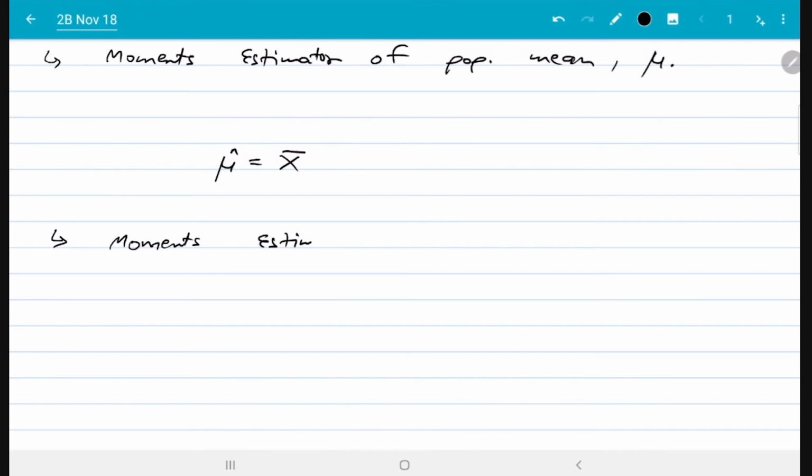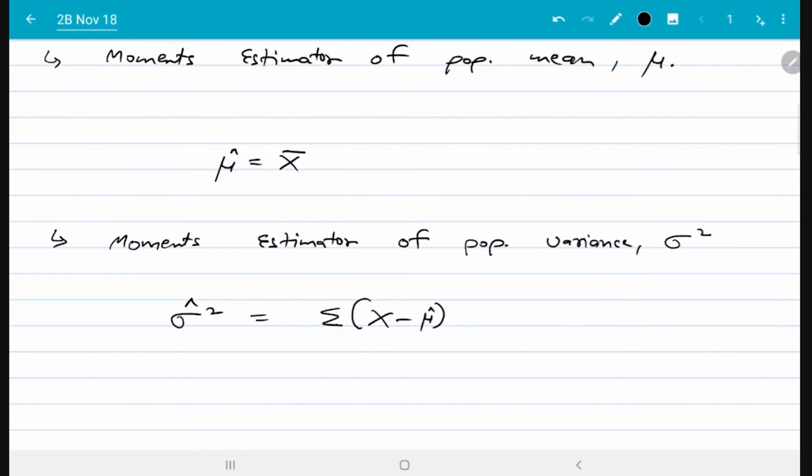Moments estimator of population variance, denoted by sigma square. Okay. We're trying to get an estimator for sigma square. We just use the same symbol, put a caret on top, and we equate it with the second sample moment. Okay, here there is an element of further substitution, because we need the sample mean, which itself